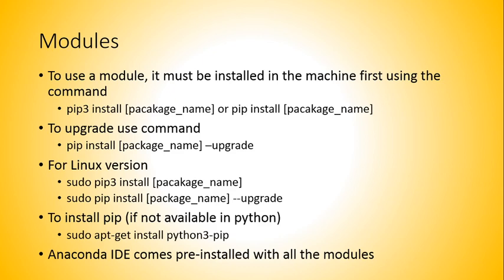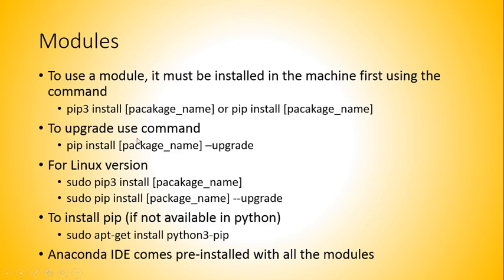Installation includes downloading the file into an appropriate folder or directory, unzipping them, and defining the proper path. There is an easier way if you are on Ubuntu or any different platform. If you don't want to download it, you can directly use the pip command in the shell. As I have shown here, the pip command for Python 3 is pip3 install package name, or pip install package name.